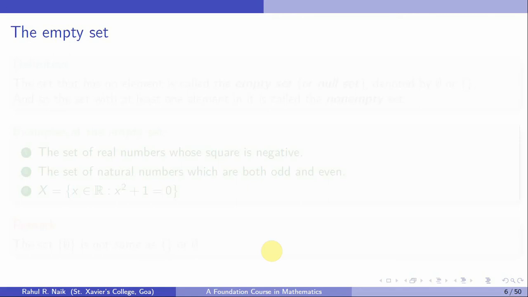Now we come to the notion of an empty set. Now one can think of a set as a box, wherein you put all your objects. Like you can consider a box containing mangoes as a set. So that box itself is the set, and its object is a mango. Okay, so can we have an empty box? It's similar, we can have it, right? So first we'll define something called an empty set.